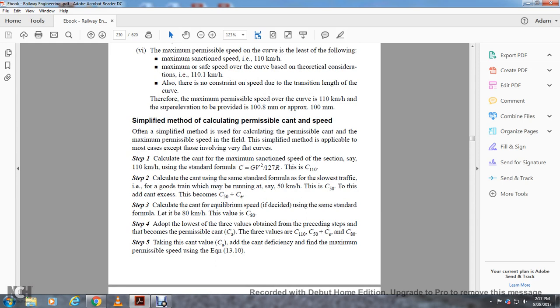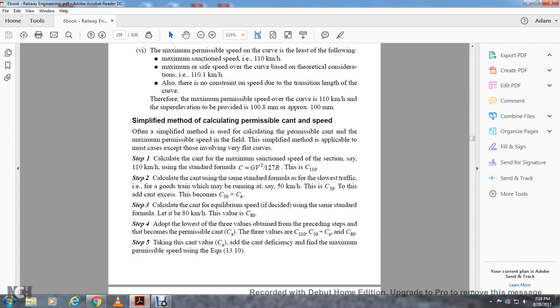Simplifying method for calculating permissible cant and speed. Others often specify a method for calculating permissible cant with the maximum permissible speed of the section. The method is applicable to most curves except very flat ones. Calculating cant for the maximum section speed of 110 kilometers per hour, use the standard formula C equals